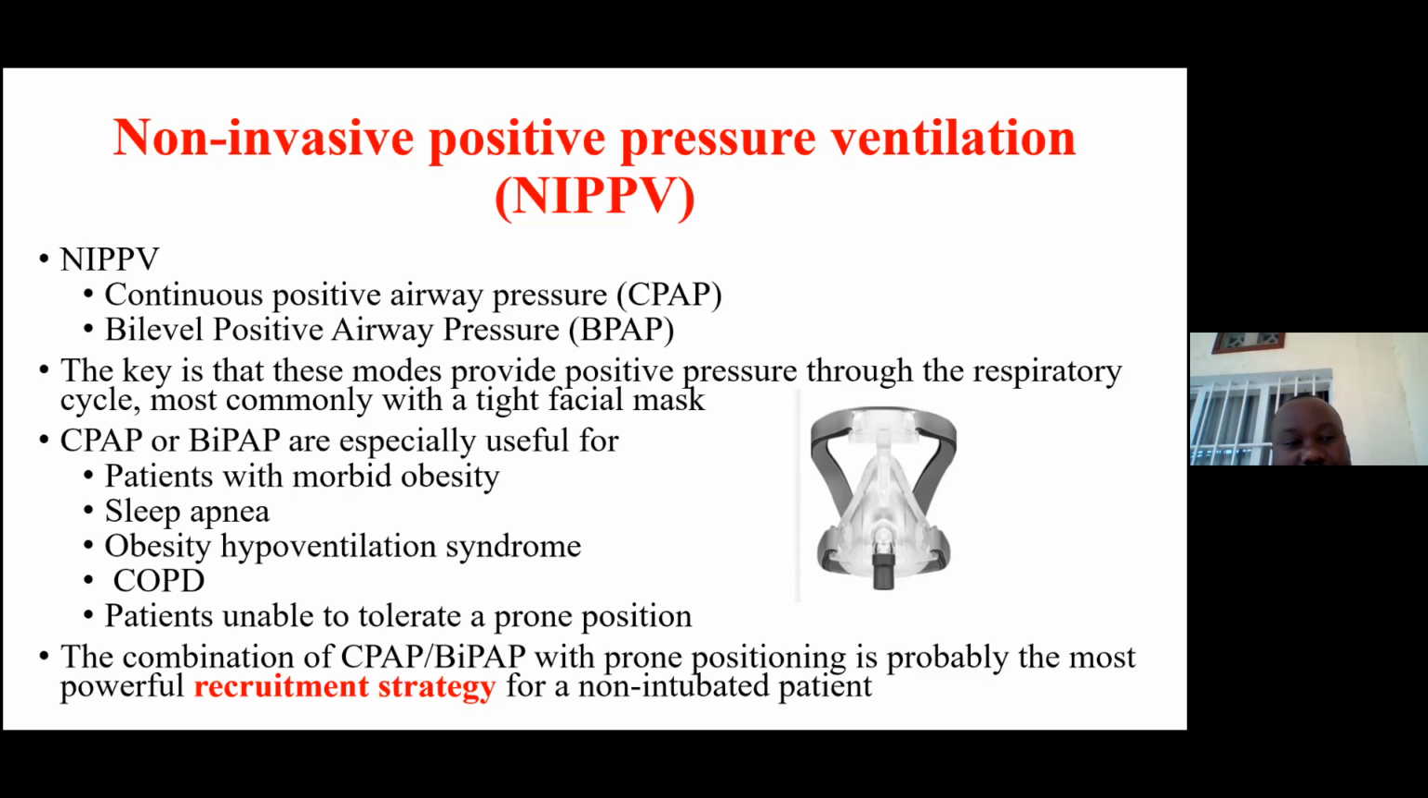CPAP or BiPAP are useful for patients who are obese. As you know, obese patients experience what you call obstructive sleep apnea. In that case, you can also use them. For COPD patients it is also beneficial. And also you have to use it for patients who are unable to tolerate the prone position, which we will talk about later in the presentation. The combination of CPAP and BiPAP with the prone position is better and will help you to do recruitment strategies. And for this non-intubated patient, the reason we talk about recruitment strategies is that these are the maneuvers you use to open up